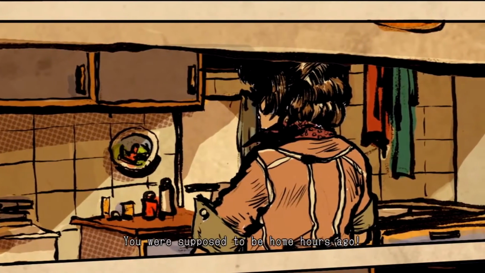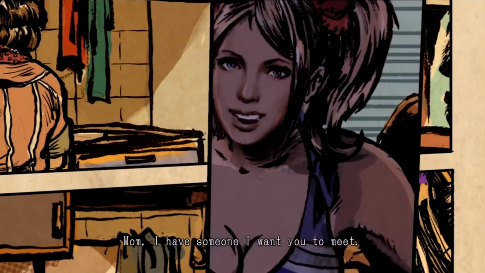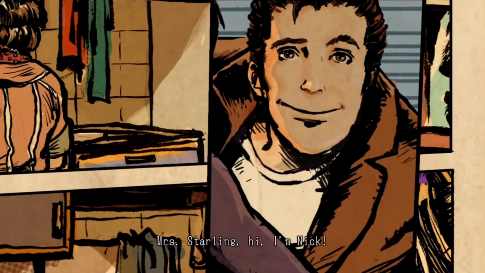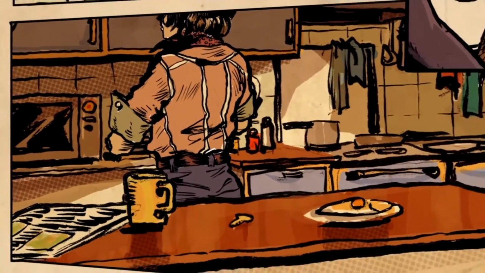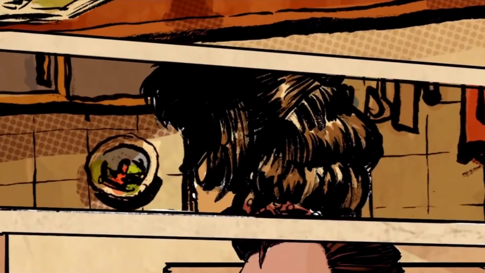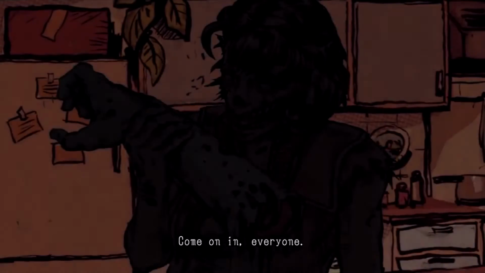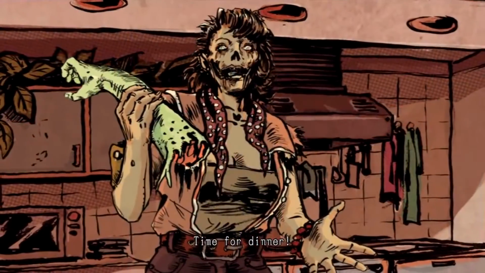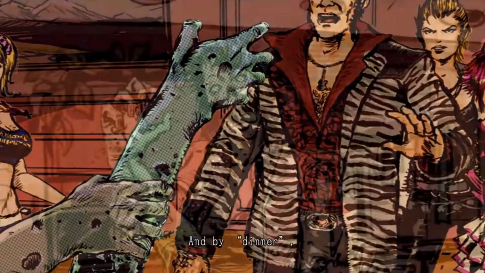Everyone, where were you? You were supposed to be home hours ago. Mom, I have someone I want you to meet. Mrs. Starling, hi, I'm Nick. Oh, you're Juliet's friend. Mom, what's wrong? Juliet? Come on in, everyone. Time for dinner. Holy mother! Oh! And by dinner,